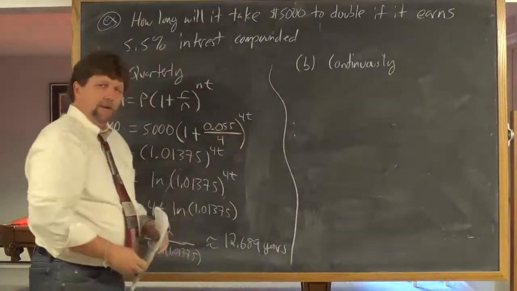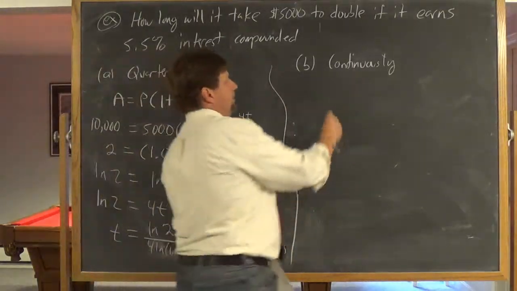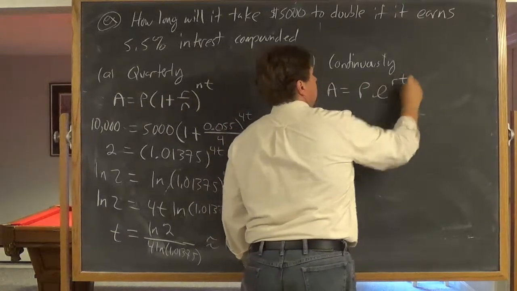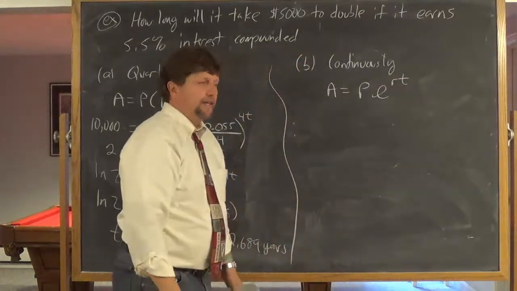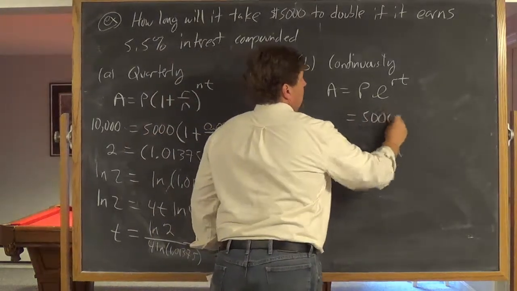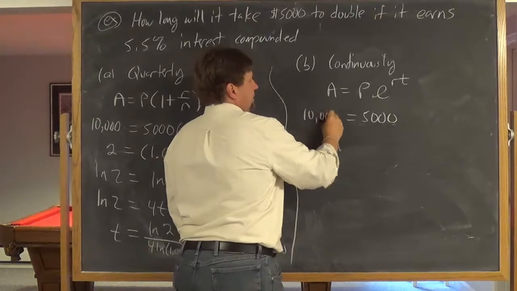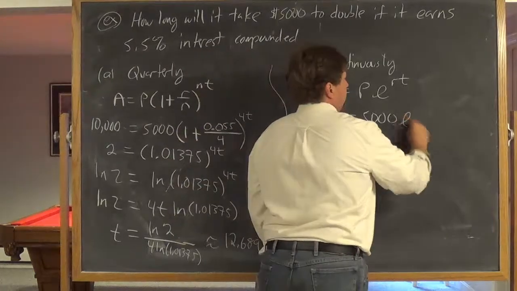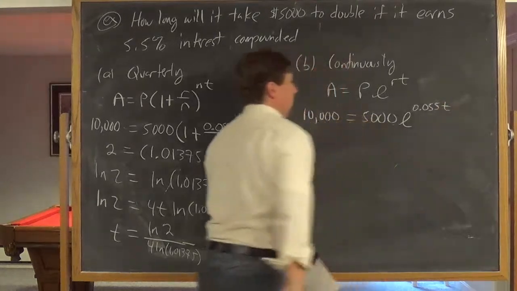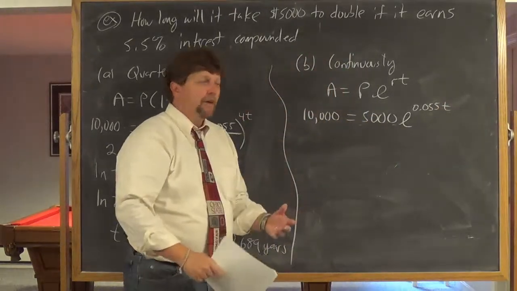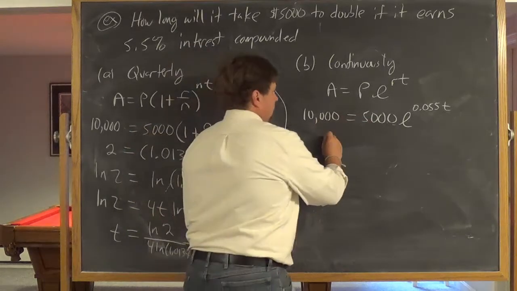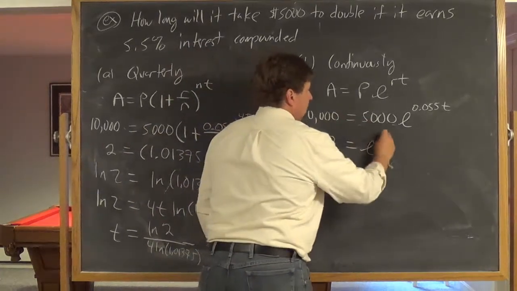Let's look at the continuous case. Remember, your compound interest formula for continuous compounding is A equals P e to the rt. You know P is 5,000. You know A is 10,000. That hasn't changed. The rate hasn't changed. It's still 5.5%. In fact, my first step of solving will be the same: divide both sides by 5,000. So I get 2 equals e to the